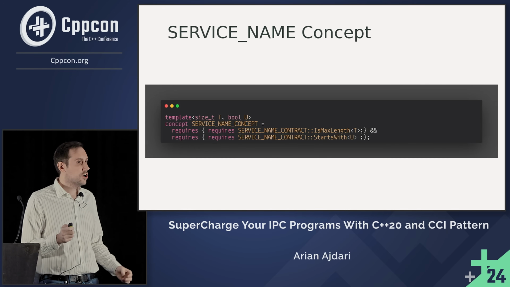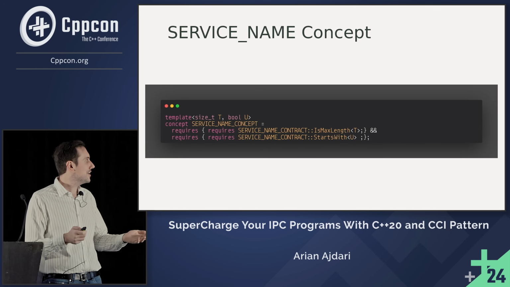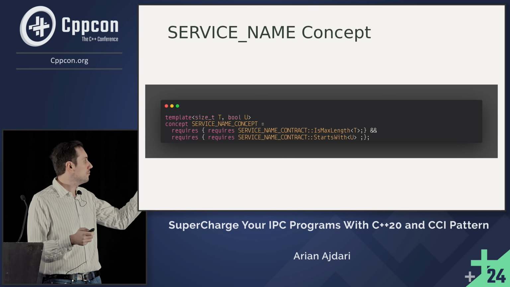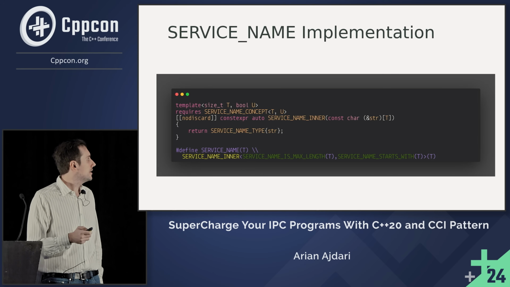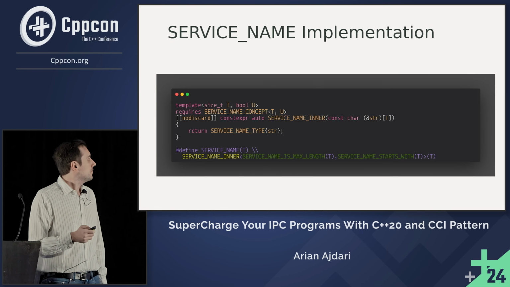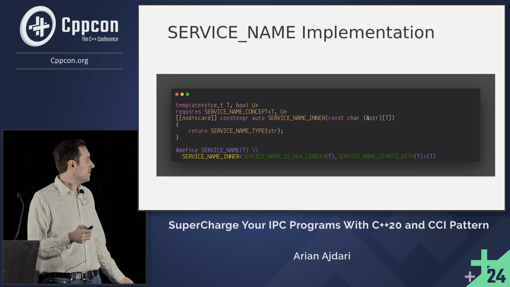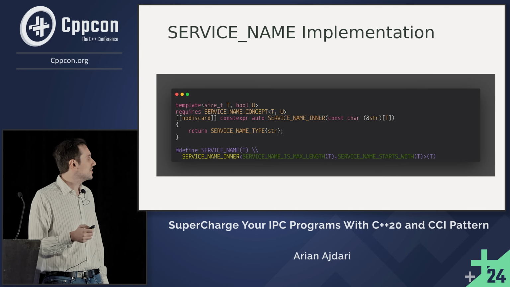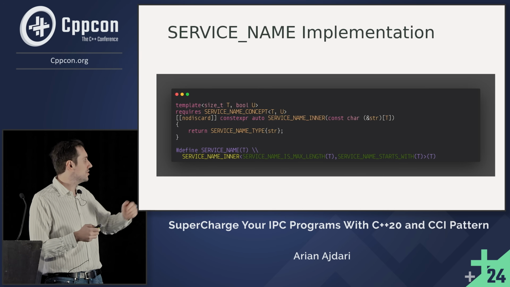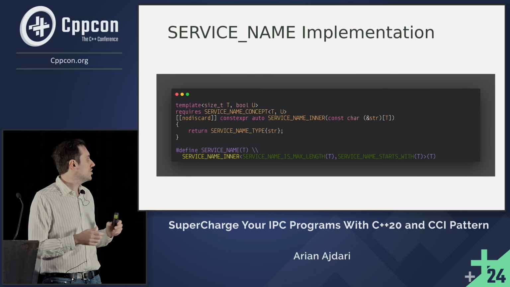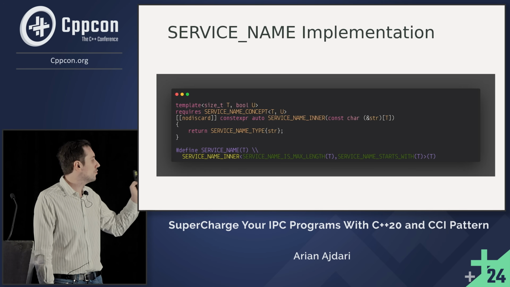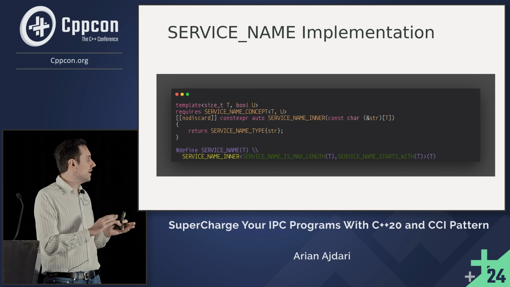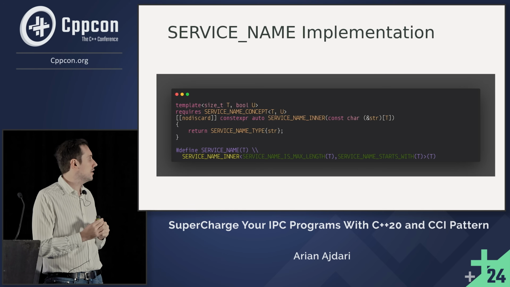In order to enforce the contract, we have again the same story. To put the signature, we create a concept, and we enforce these 2 clauses. And in the end, we create a helper function which creates us a service name. And in order to utilize this function, I'm creating a helper macro which is called service name, and which actually calls the service name inner and provides those 2 helper functions for the length and whether it starts with com.